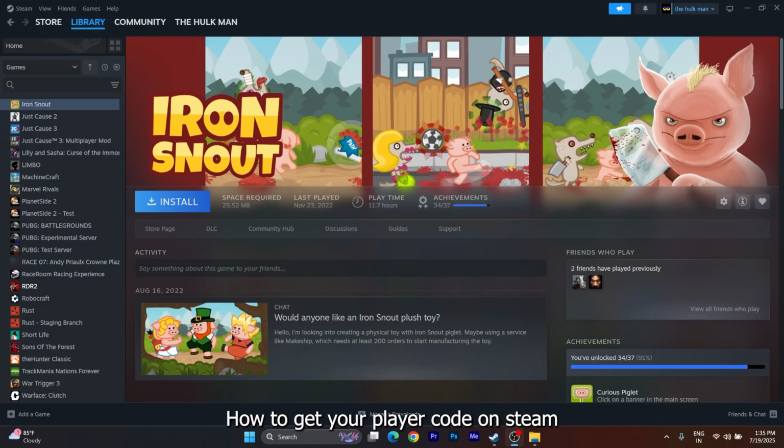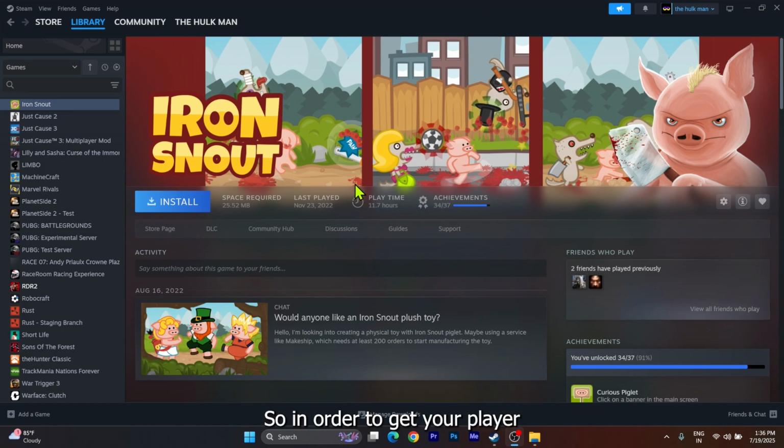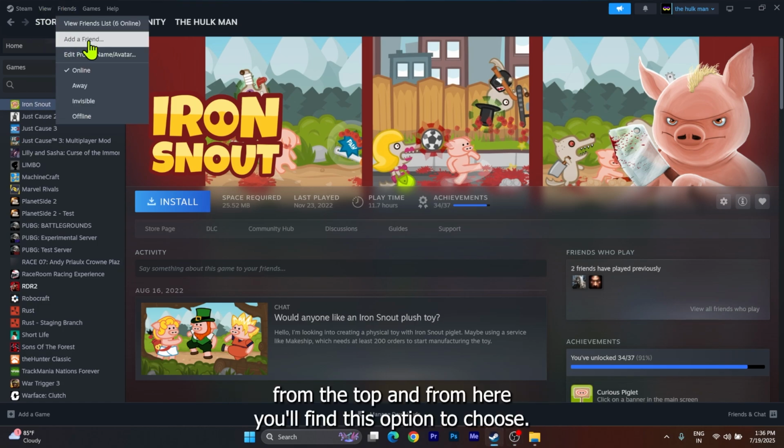How to get your player code on Steam so that you can send it to your friends and be friends on Steam. So in order to get your player code on Steam, it's pretty simple. All you have to do is go to the friends option from the top, and from here you will find